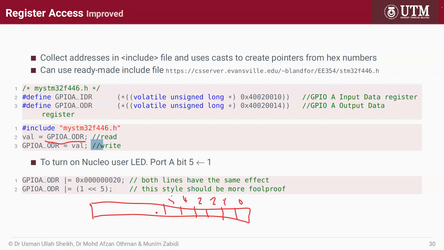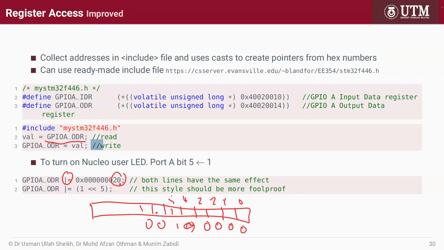So if I want to turn on only that bit, that means I have to use the OR function. So take the register value OR that bit. In binary that will be 0, 0, 1, 0, 0, 0, 0, 0. So that's why we have hexadecimal 20 there. Because you want this bit to be 1 and don't touch the others. But this style is not